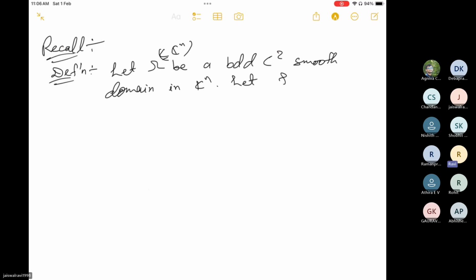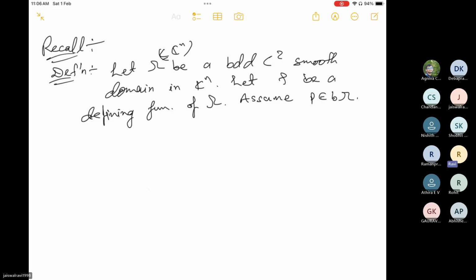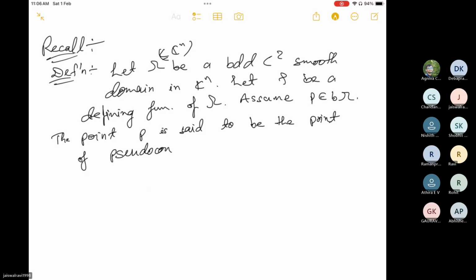Let rho be a defining function of omega and assume P is a boundary point of omega. Then the point P is said to be a point of pseudoconvexity if